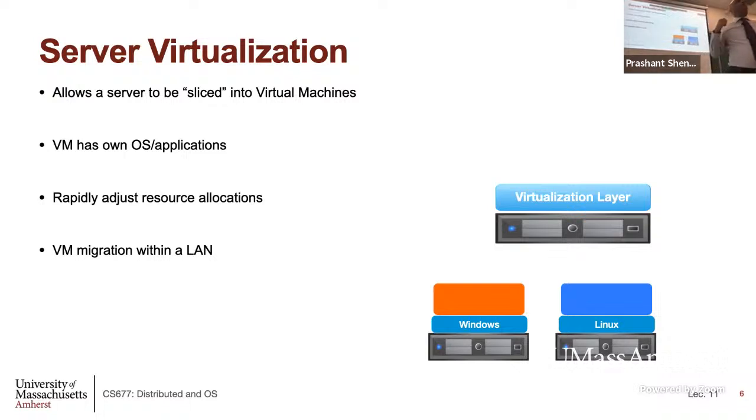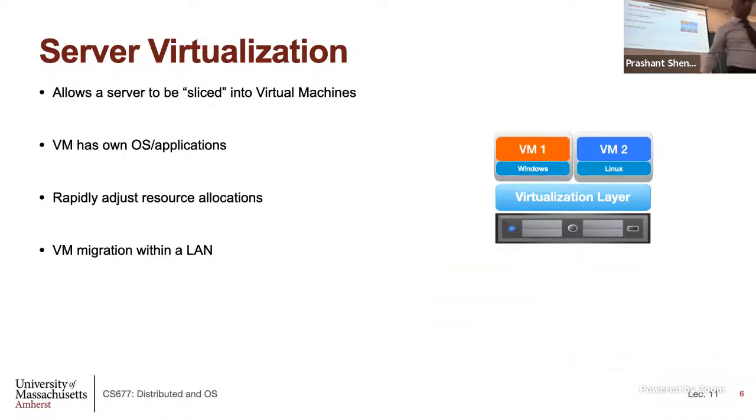What this physical server has done is it allowed you to slice that server into smaller virtual servers. You take a physical server and partition it into smaller virtual servers. Each virtual server is essentially a virtual machine that is taking some fraction of the physical server's resources. So if you have 16 cores and 2 VMs, you can give 8 cores to one VM, another 8 cores to another VM. You can partition the memory and so on. Essentially, you slice the server into 2 VMs. Each VM here is running its own OS and applications.